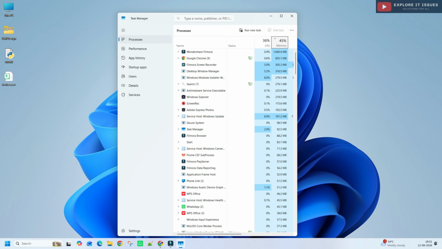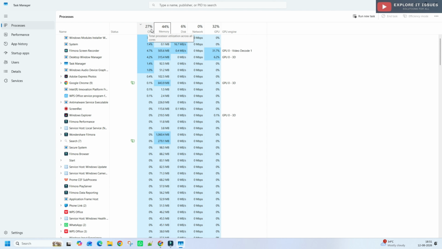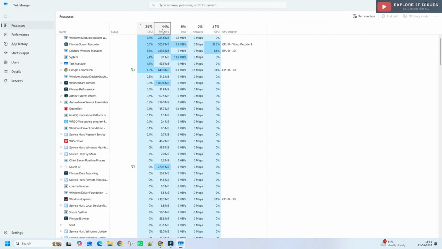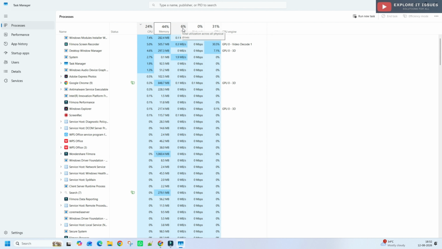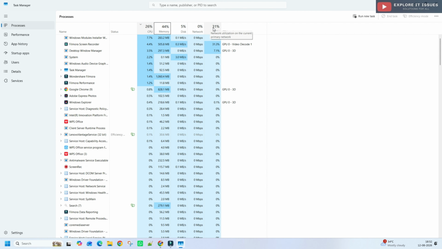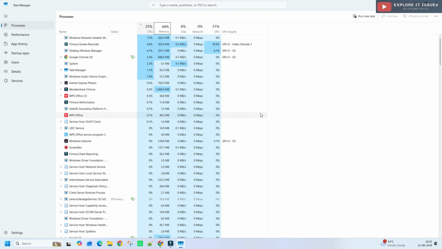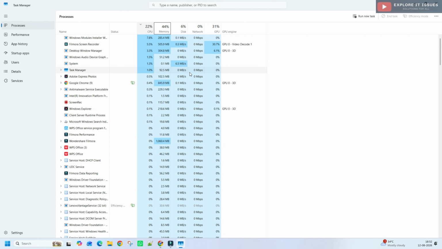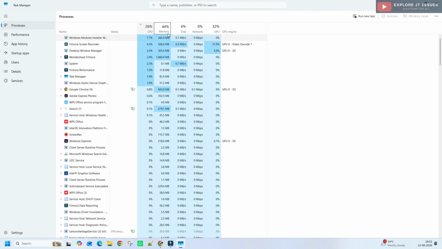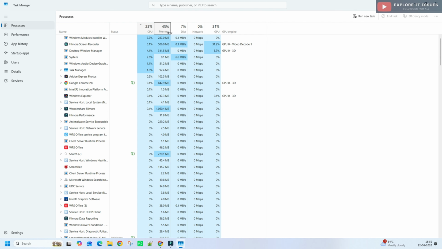and check the CPU utilization. CPU utilization is around 30, 40, 23% and memory utilization is 40% constantly, and disk is fluctuating between 7 and 6%, network 0, and GPU is 31%. So here we can see how much of the system resources each application is using. For example, if the memory is consistently around 90 or 95%, and our disk usage is not more than 5 to 10%,